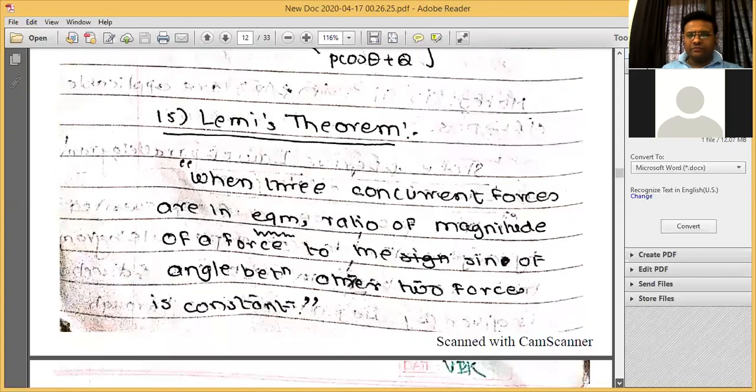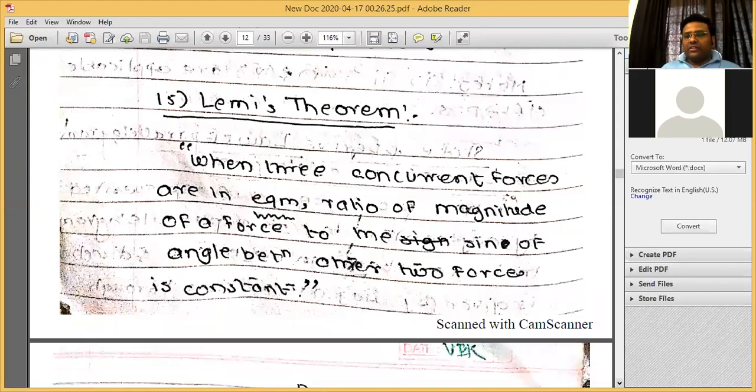There are a number of examples which can be there for this particular law of parallelogram. Like in one of the MPSC, it has been asked that one force is Q, the other force is root 2 times Q, right? The resultant is also given. Then what will be the angle between these two forces? One type of question will be: two forces are given, the angle is given, what will be the resultant?